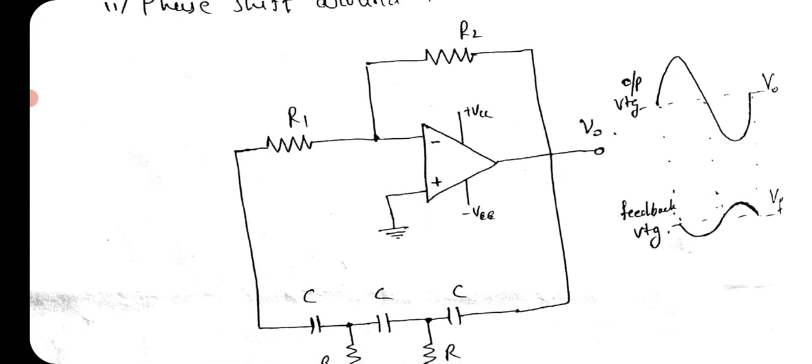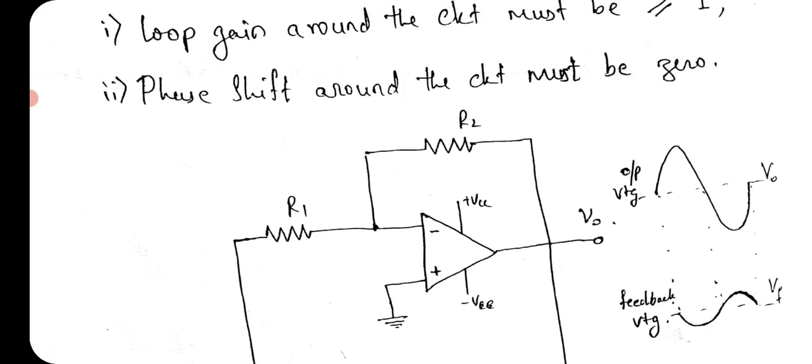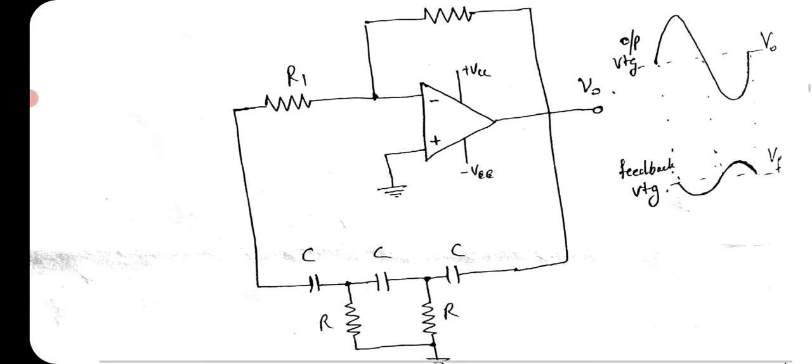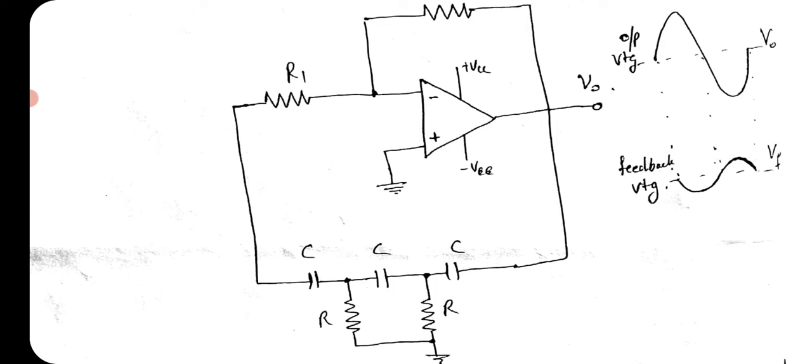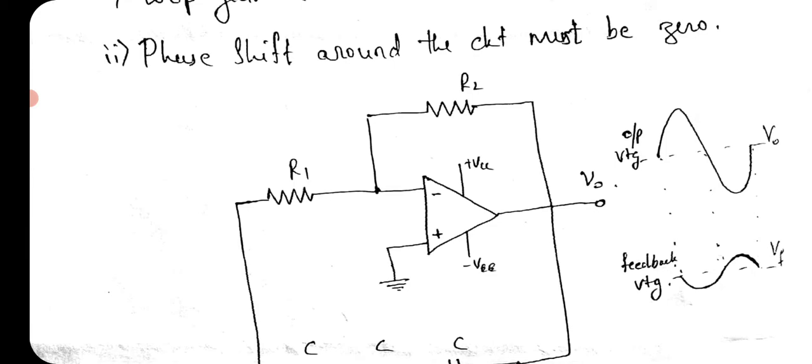Here if you see the circuit diagram, it is working in inverting mode. Can you see the input is given to the inverting terminal of the op amp? It means when the input is given to the inverting terminal, the output is going to be inverted, right? So there will be a phase shift of 180 degrees. But as per the criteria, the phase shift must be 0. But you are already getting 180. Then you should add another 180 degrees, so that 180 plus 180 becomes 360, which is nothing but 0 degree. Understood? So the upper part of the circuit is giving you 180 degree phase shift.